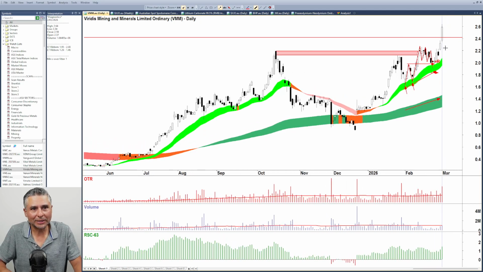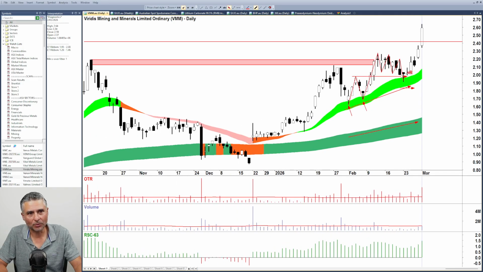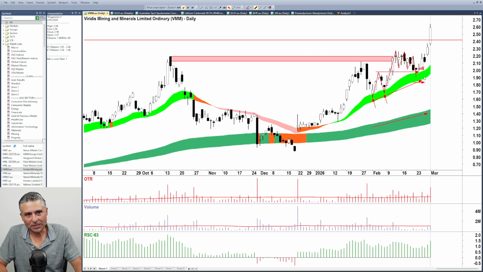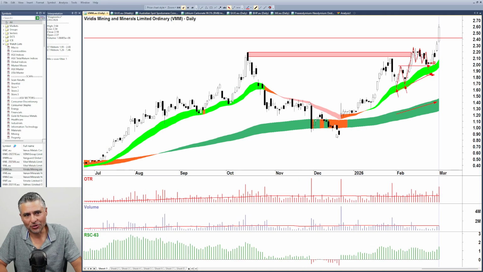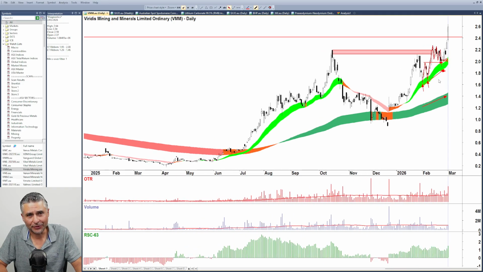I mean, we saw a little bit on Friday, didn't we? We saw a little bit of a manifestation of that supply zone, but today it just cut straight through it like it wasn't there. And with an exemplary short-term uptrend. The short-term trend ribbon doing exactly what it's supposed to. The long-term trend ribbon very strong, and apart from a little blemish there, also pretty much doing what it's supposed to. Incredible candles. I can't fault this one.